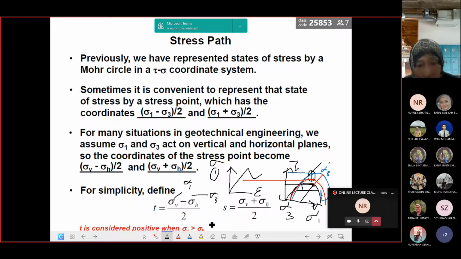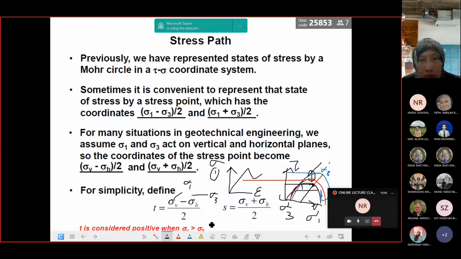Also you can have the effective stress parameters. So please be careful. Whatever sample or whatever question asks you to do, you need to read carefully the experimental procedure, how to do it, and then how to plot the graph so that you can get the final answer here. Okay, for simplicity,